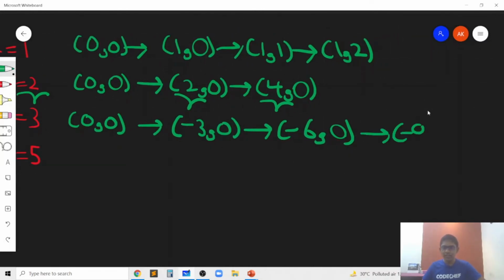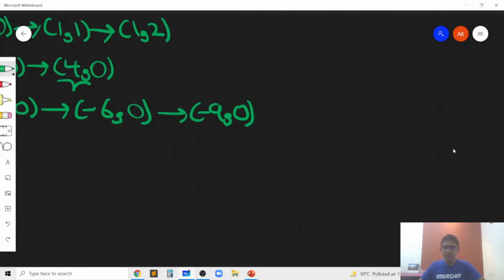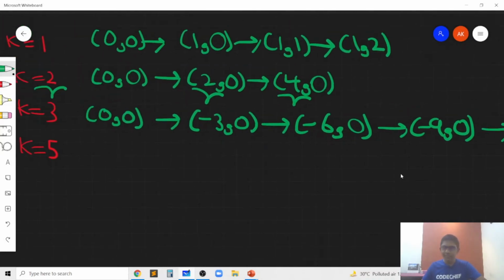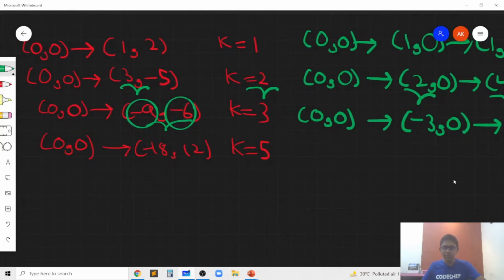And then we go to minus 9 comma 0. And then we try to make this y value equal to minus 6. So to do that, we again repeat the same process twice because we are trying to go to minus 6 and we are operating on the y values. So we decrease the y value by minus 3 and then we decrease it by minus 3 again to get minus 9 comma minus 6. And that's why we have successfully reached the hostel, which is at minus 9 comma minus 6, and we'll print